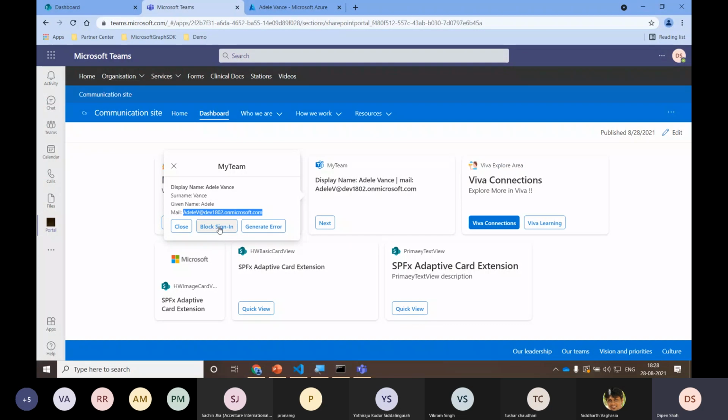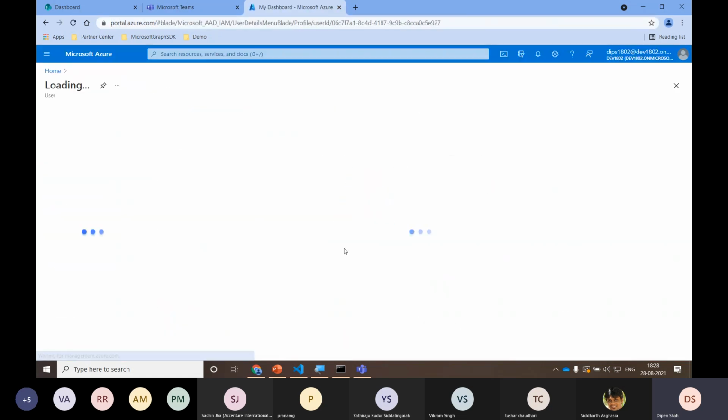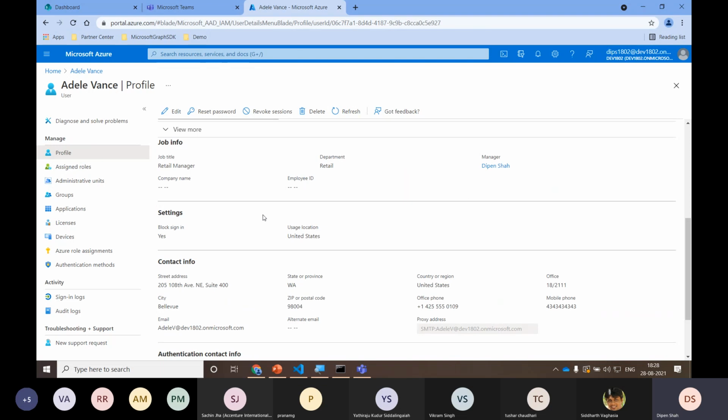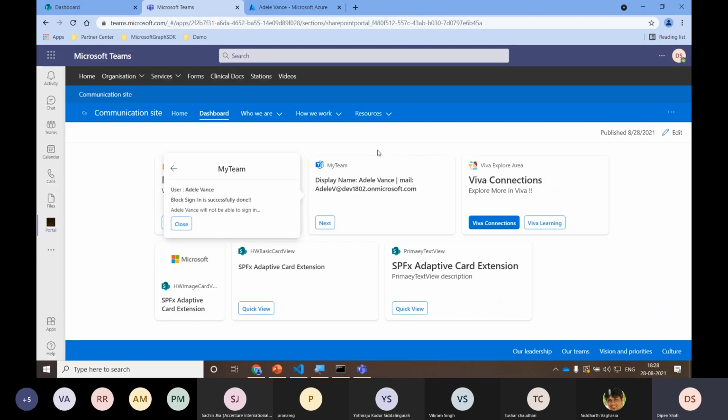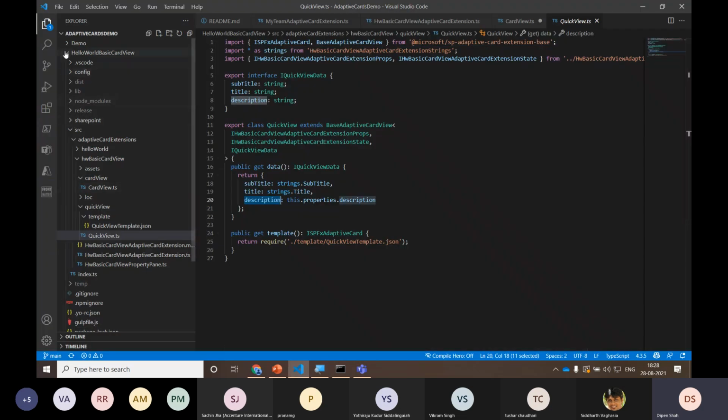But now when I click over here, it shows me that block sign in is successfully done, and Edelweiss will not be able to sign in. So let me quickly show that result. Yes, the property has changed to yes. So what helped the organization with this requirement? The manager should not have to go to the IT department to disable the account of a particular user who is part of that team. Okay, so let's quickly go to the code.